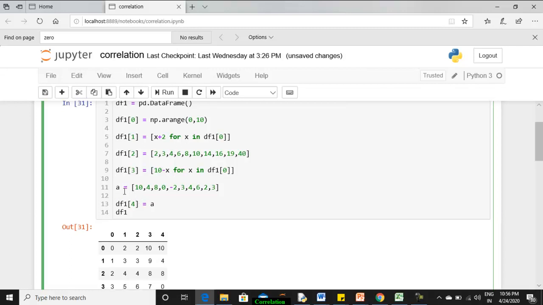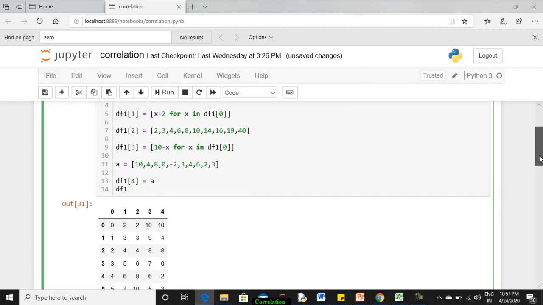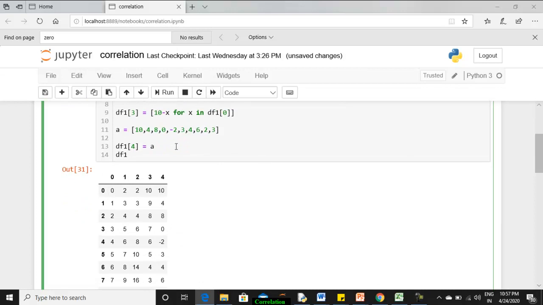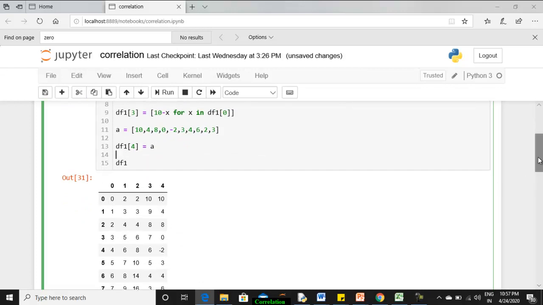And finally, one more column we have added. I have just tried to add it and show you differently. So first I'm creating a one-dimensional series here. It has some random values which are in no way related. Let's say this is not even in ascending order or in descending order. It's just a collection of 10 values, right? I'm assigning it as the fourth column, that is actually the fifth column, the column indexed with 4.